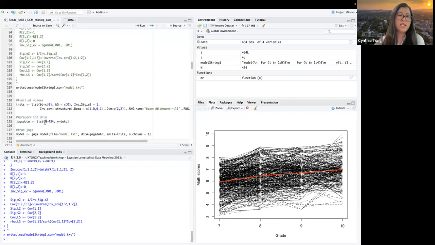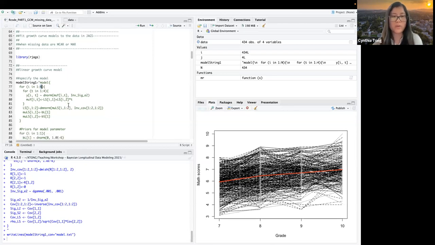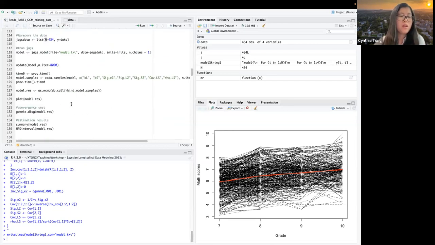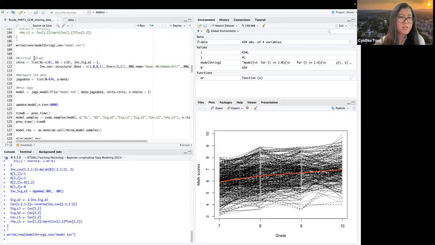Otherwise, if in the data part you don't include it, N equals 434, you can just change this N in the model part to be 434. So it's no longer anything like we need to let the software know later. Okay, so we can just run these 2 lines.